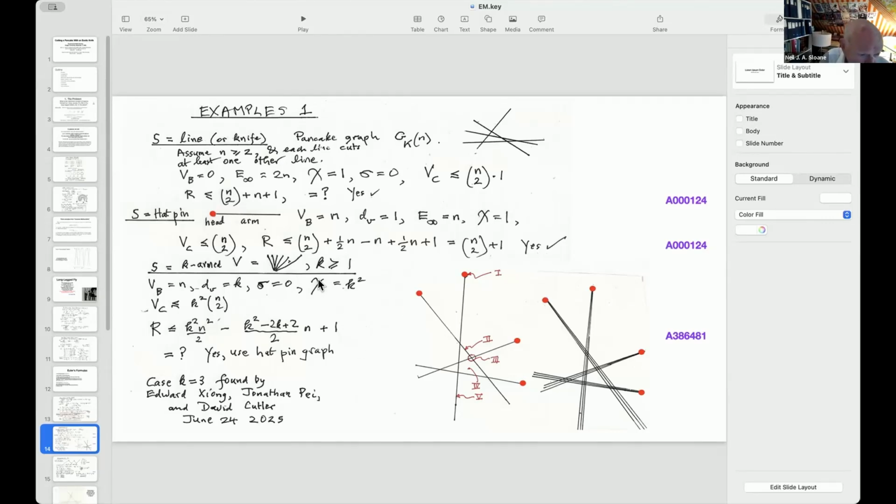In this case, a V is a bit like a hat pin. It's a generalized hat pin. It's got K arms instead of one. So you take your hat pin graph, and you take a lot of long, skinny V's, and you just replace the hat pins by the V's, and you get the right number of intersections, and you get a proof that it works. And I should say that I talked about this at the Research Experience for Undergraduates, the REU, at Rutgers in June,